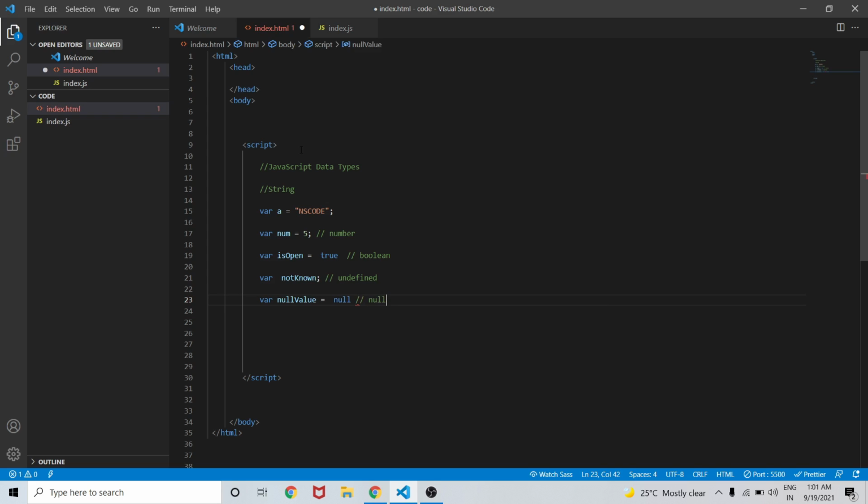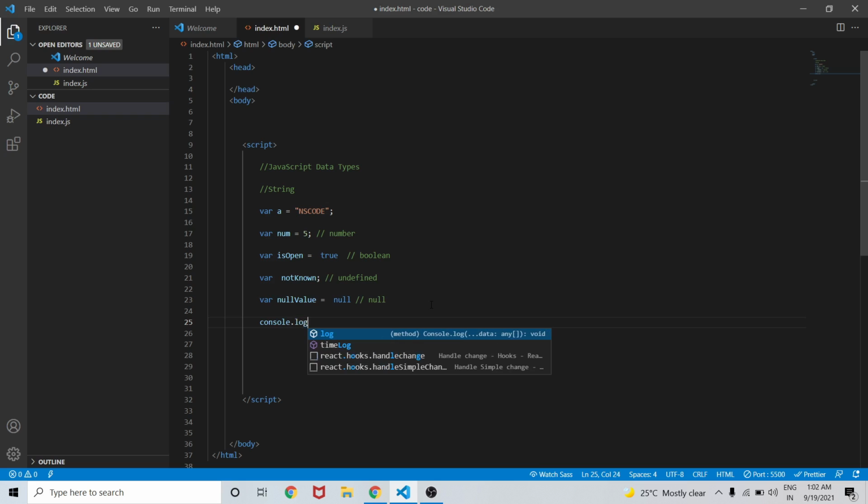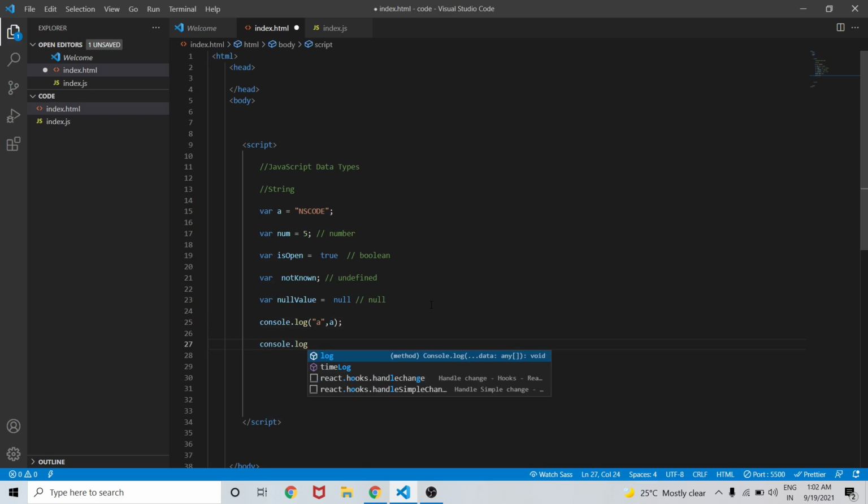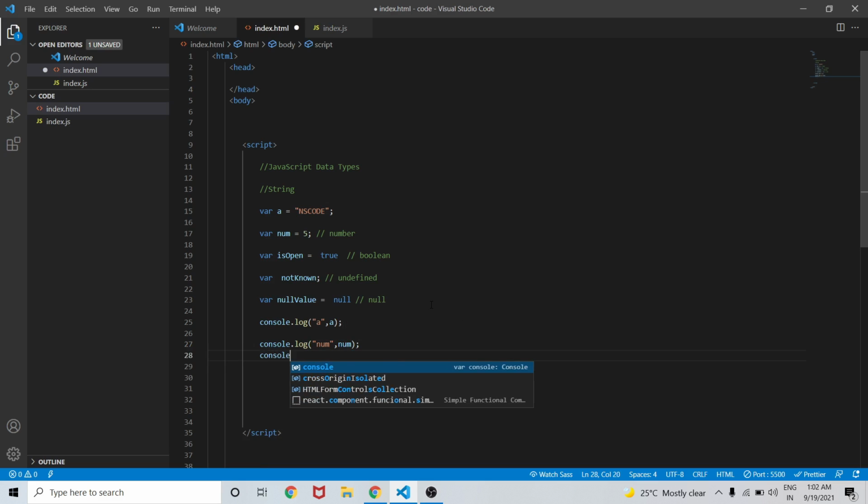And we have one more thing. Let's first console.log a comma a. In a similar fashion, we will console.log num comma num, and console.log isOpen comma isOpen, and console.log "notKnown" in string, comma notKnown.